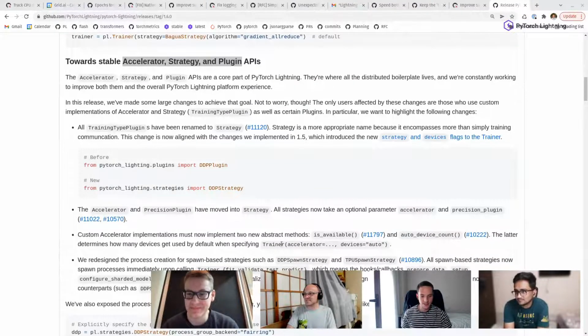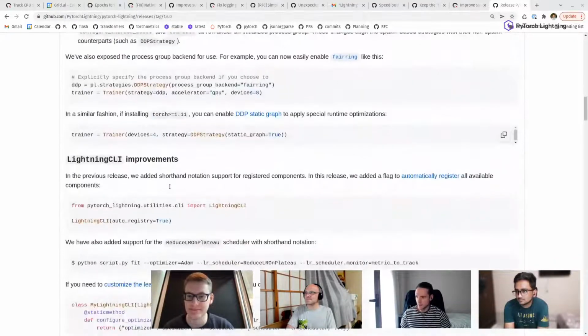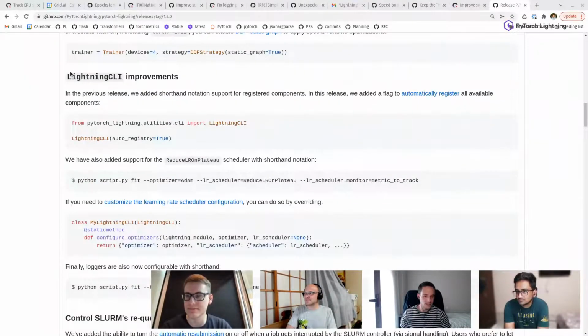And we have an entire Medium blog post in the PyTorch Lightning team page describing these changes. Then moving on, these are things that we haven't gone into, so we can go over them in this session. In terms of the Lightning CLI,